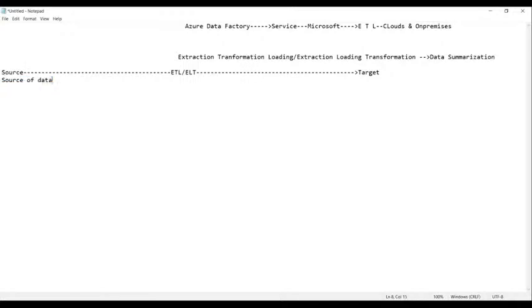That's it. So what is a source of data? A place from where you get the data is called the source of data. Whereas what are the sources of data we can have? Can you tell me, guys?